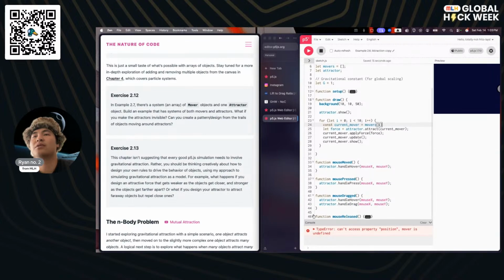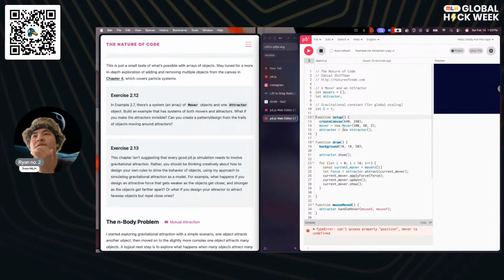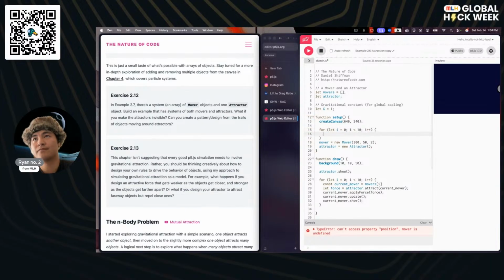I am assuming no. It's because over here we didn't actually create our movers. So let's go ahead and create our movers. movers[i] is equal to new Mover.